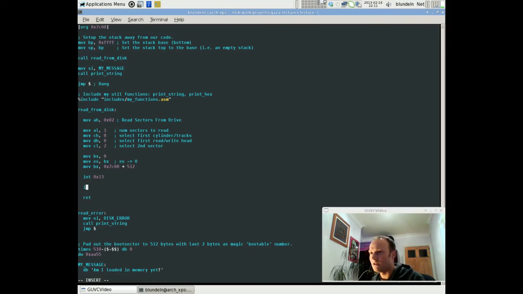So I can do a JC read error, and what this means is jump to the error message if the carry flag is set, and it's BIOS that sets it when